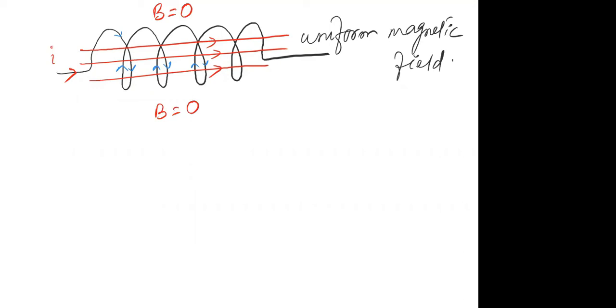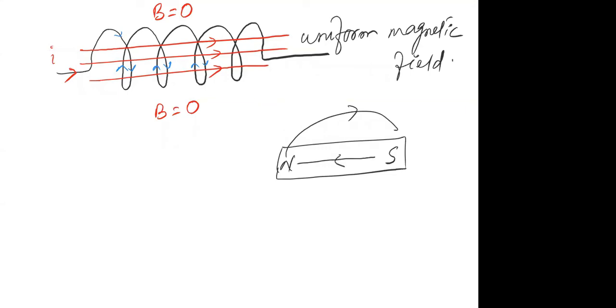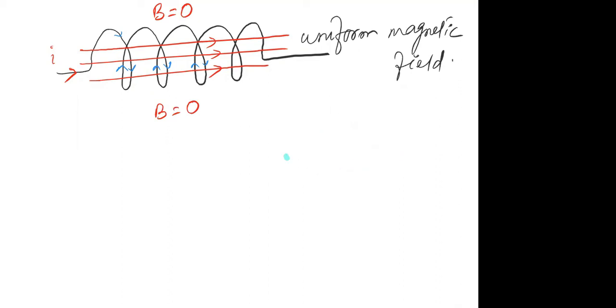Is it clear? Now, listen to me. If you know the fact about a bar magnet, if you have ever heard about the bar magnet in your life, you must have heard that in a bar magnet, the magnetic field starts from north and goes to south outside the bar magnet, and inside the bar magnet it has the direction from south to north. Or in other words, if you don't remember this, I will simply tell you every bar magnet has two poles.